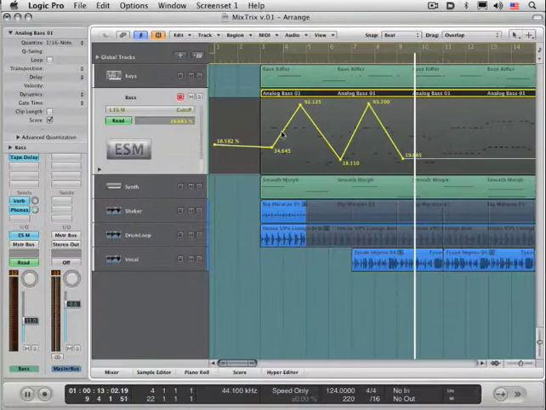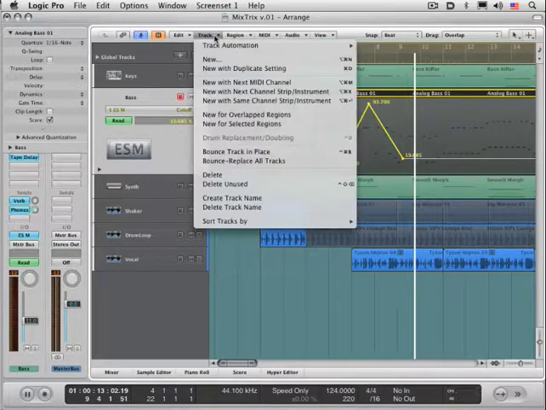All right, we have some automation here, but suppose I want to work with this and see the notes at the same time and really get up close and personal. What I can do is convert this track automation to the old HyperDraw. It's now called region-based automation, but basically it's automation that is glued to the MIDI notes rather than being track-based like this. One's not better than the other, but they serve different functions. Let me show you how to start with this.